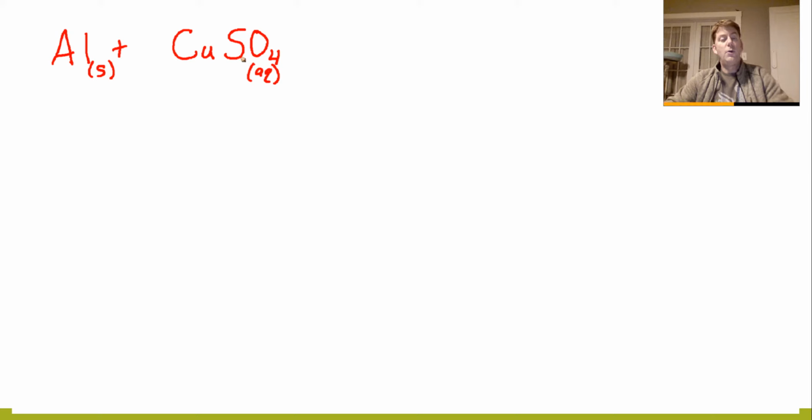Now, you don't know right now how to figure out if something's aqueous or not. There are some rules we will go through, but trust me, this one will dissolve in water. So it's a single replacement. The aluminum can displace the copper, so we will get copper all by itself as a solid, and we will